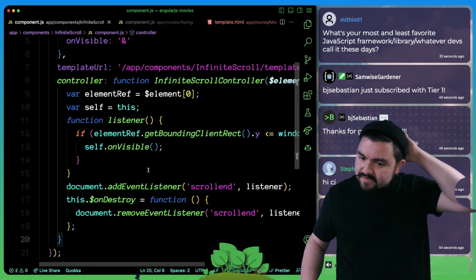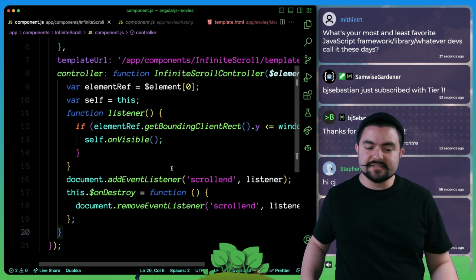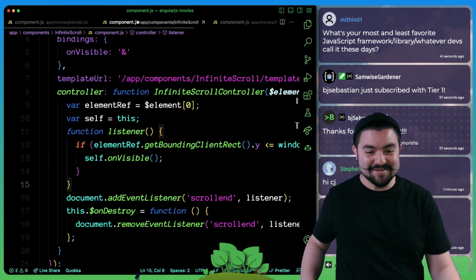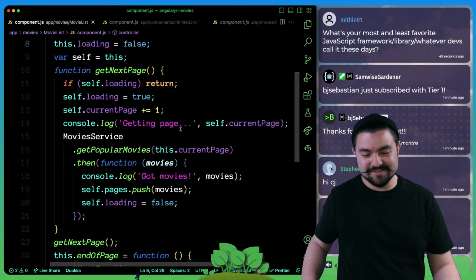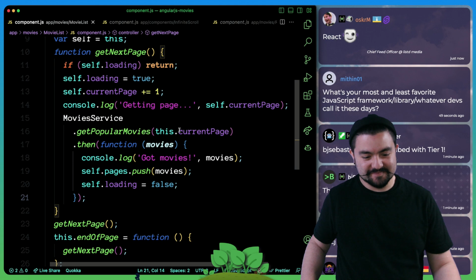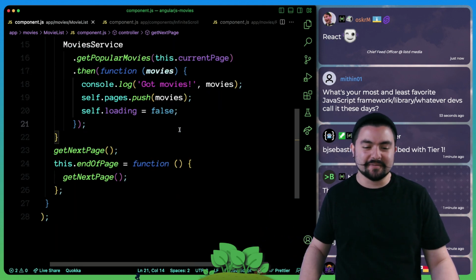What is my least favorite JavaScript framework or library or whatever? I don't have a least favorite. They all have their goods and bads, pros and cons. There is no perfect JavaScript framework. Yeah, I can't say React because I'm teaching React next week, but